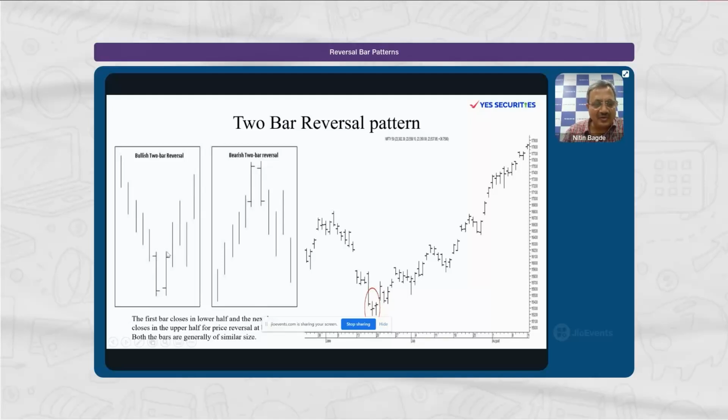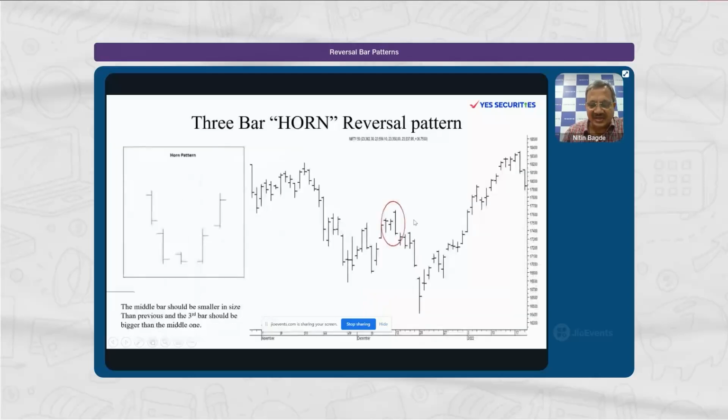So if one wants to trade, then our trade entry should be after cross of high or after cross of low in bearish case. Here is the example. Again, this is a Nifty, and you can see